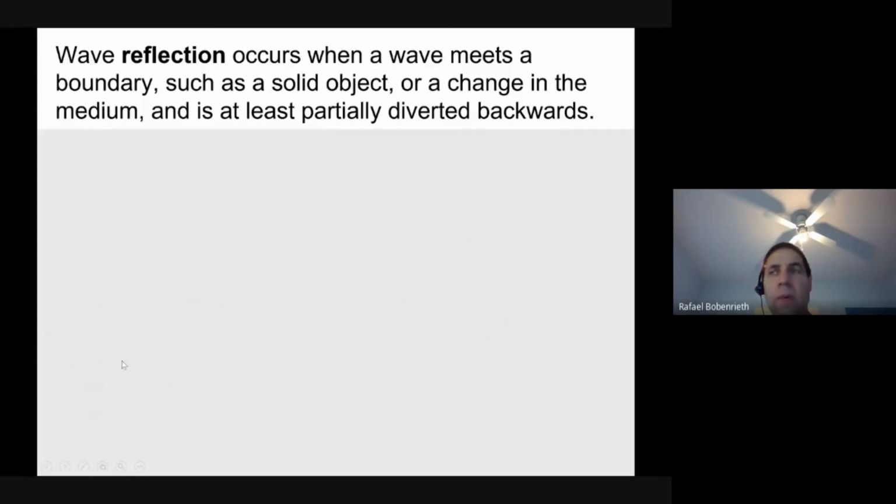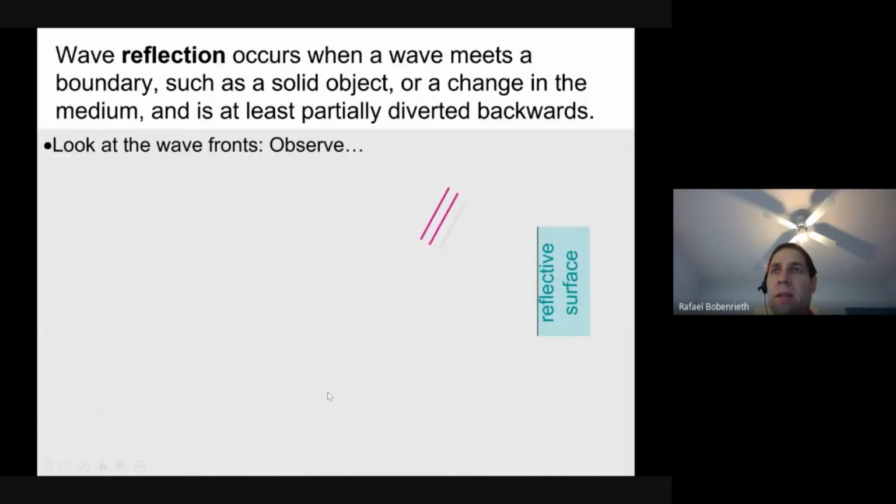Okay, we're going to talk about a few more things here. We're going to talk about wave reflection and wave superposition. So wave reflection is something we intuitively know, but let's make sure we understand what happens here. If you look at these wave fronts coming in to that reflective surface on the right, you're looking at the wave from the top, like a bird's eye view. We know that a certain portion of those waves are going to bounce off, and you can see it happening there in that little animation.